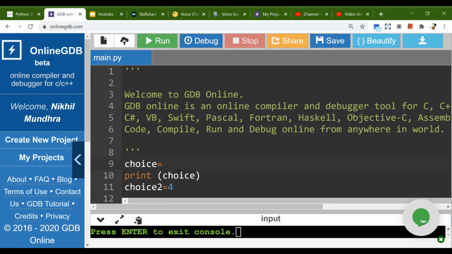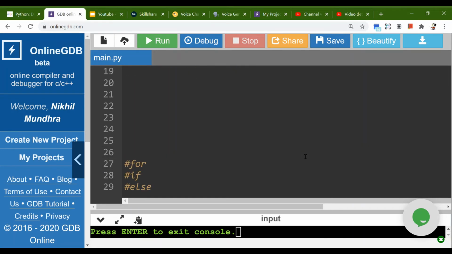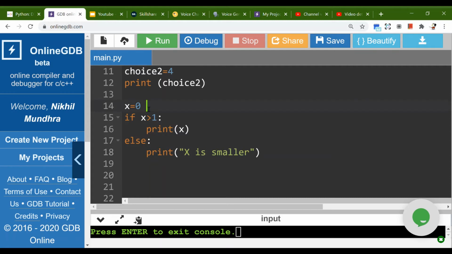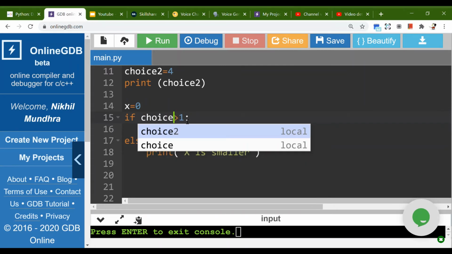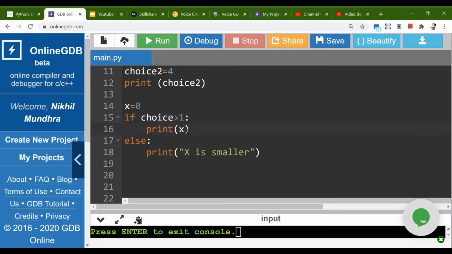and let's take choice as true. True is a boolean, so the variable will convert itself into a boolean. It's not an integer anymore. I'll put choice there, and then say choice is greater than 1.